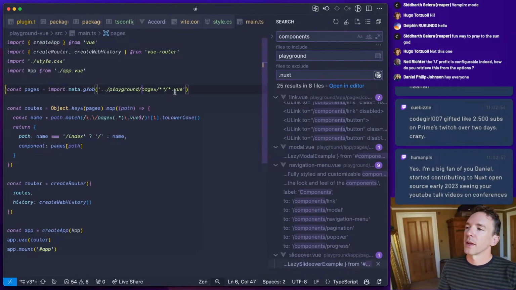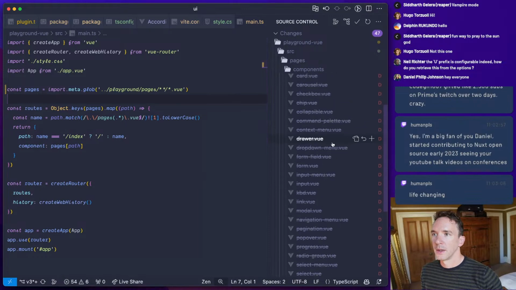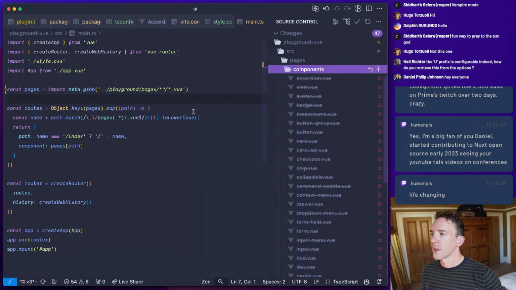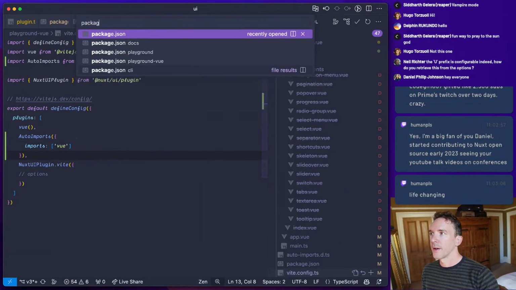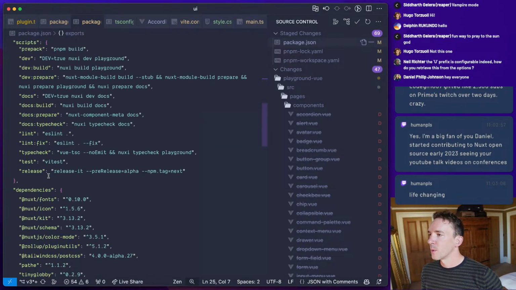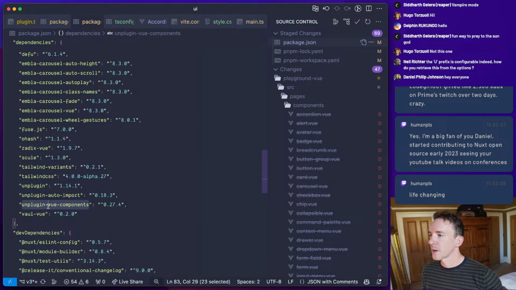Okay, so we can handle that as well. Not in there, but we can use the auto imports thing. We also therefore need to have the auto import the unplugin Vue components.